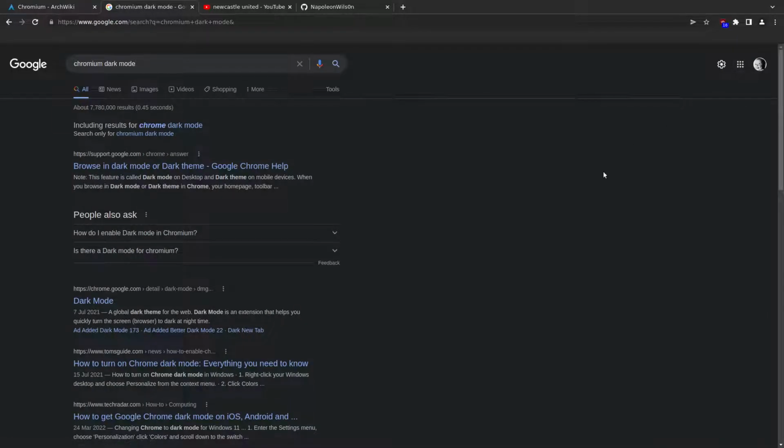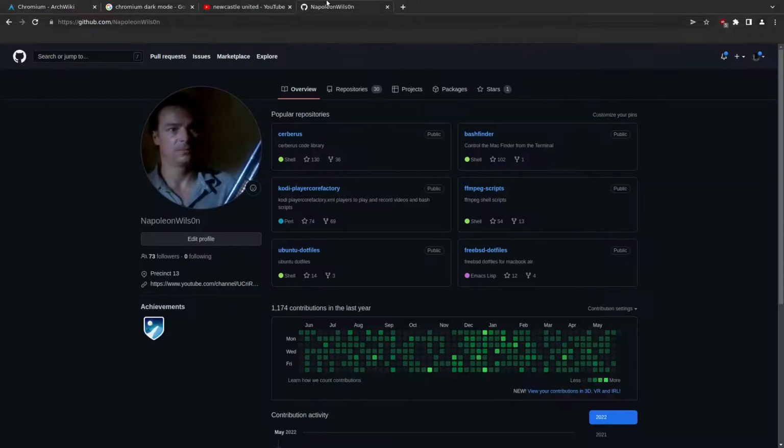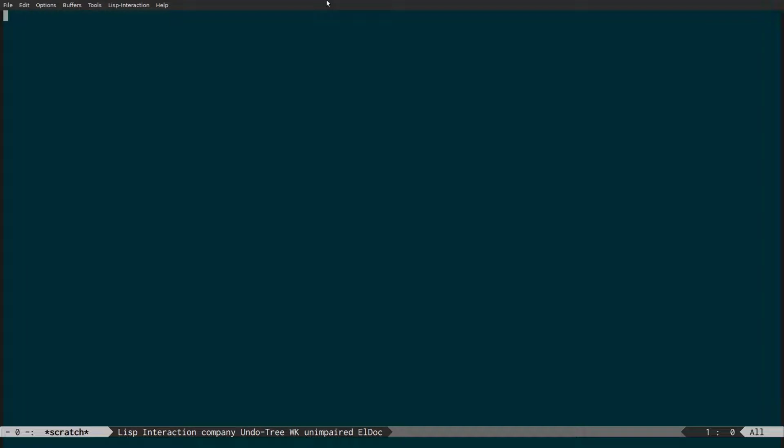And basically what this does is, when correctly set up, Google will automatically use a dark mode, as well as YouTube and sites like GitHub. I'm going to go through how you set this up because there's 3 steps to get this working. So the first step is actually going to be enabling a dark mode on your system, and we can do